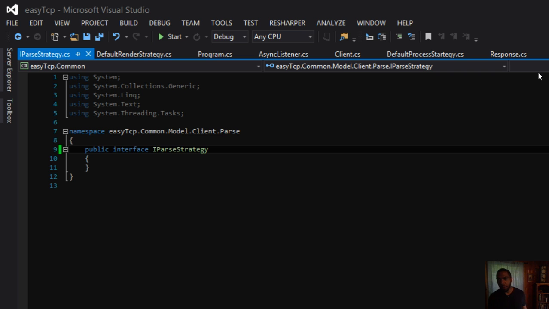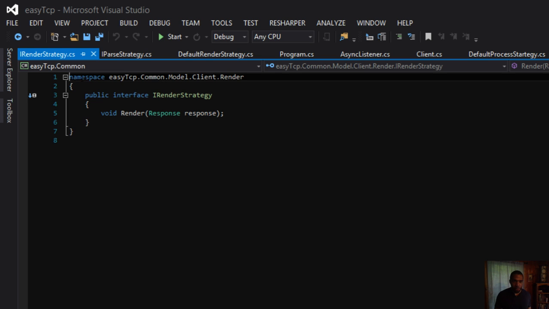So we want our client to be able to do two things. We want our client to be able to take in something, turn it into a request, and then send off the request. And we also want to be able to render the response that comes back. So we have a render strategy here, and all it does is say void